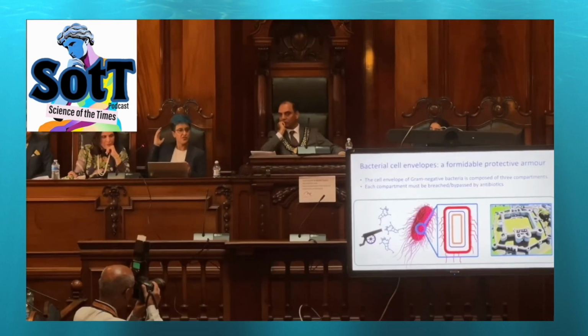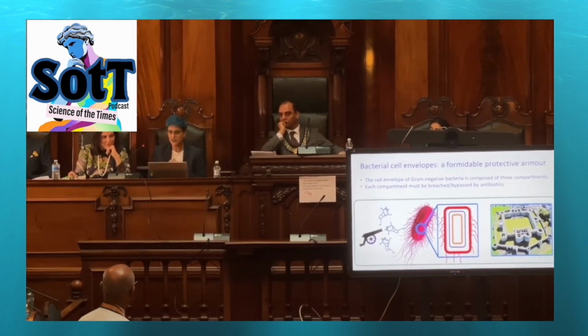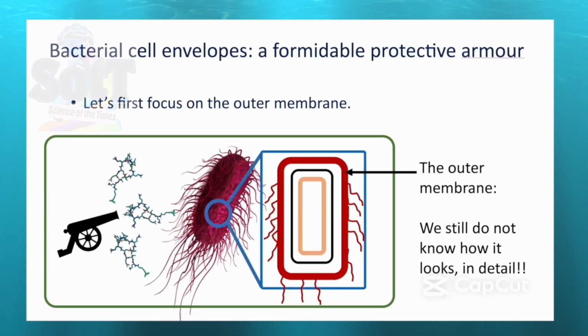And the problem is they're protected by a formidable defense system. And it's a little bit like, many of you may have seen these concentric castles. So what happens is you breach through the first wall, the defense of the castle, and then you hit another defense. That could be a moat, so it could be water. You get over the water, and then you're hit by cannon. It's firing cannons back at you. It has multiple defense layers that it's built. And for those of you who are a bit more astute maybe with chemistry, you'll understand what I'm going to say next, is that some of these layers are like oil droplets.